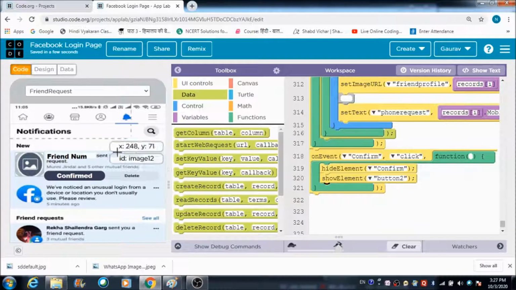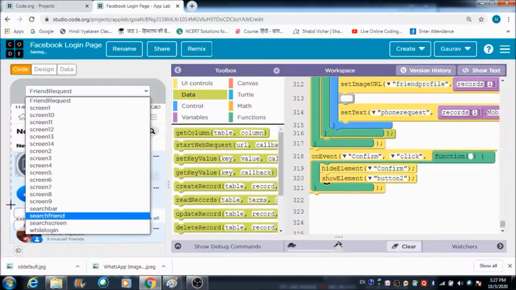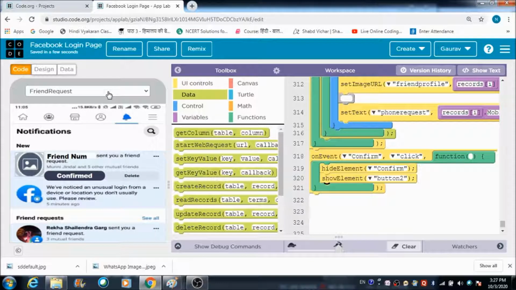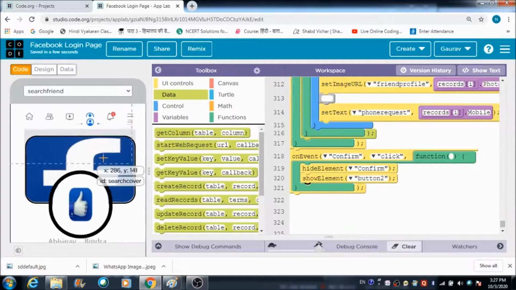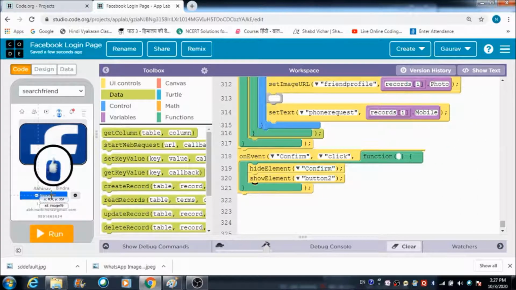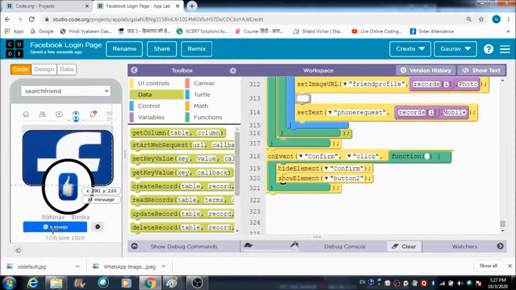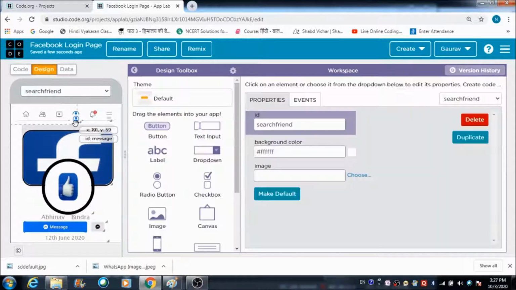Now what else do we require? We require that once the person who has received the friend request hits this confirm button, the other person who has sent the friend request, on this user's profile, I want him to see this message button instead of that requested button he's going to see after sending the friend request. So for doing that,